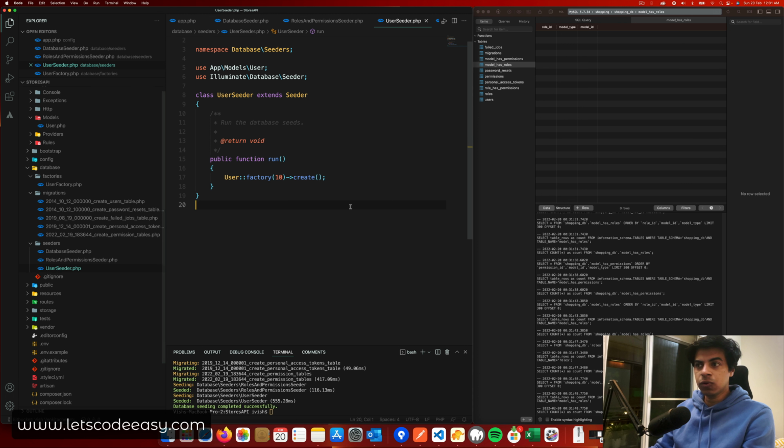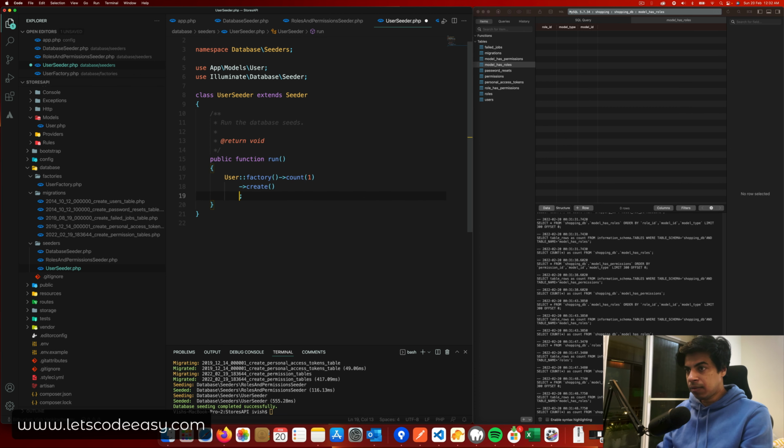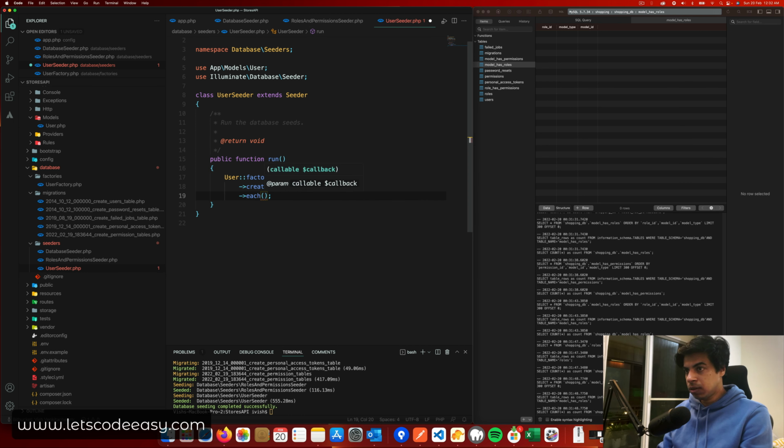So for that, I'm going to use this user seeder. So if I go to the user seeder, I'm going to create, right now it's saying create factory of, maybe I can even modify this. Let's say I just need one user. I can just say count, and then I create the user, and then maybe I can loop through each user. I can call an each, and within each,